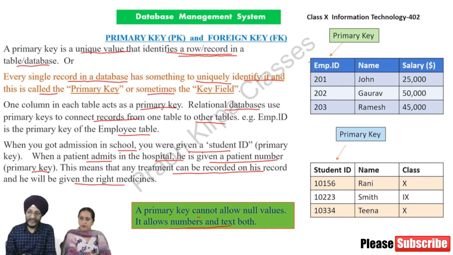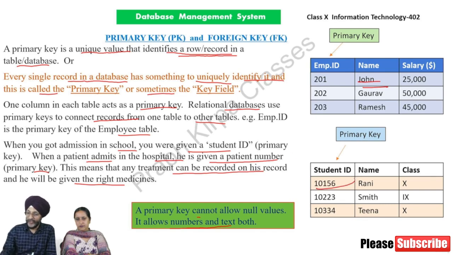In case we want to identify which student has not paid the fees, suppose there are three Johns in a school, and if we point out that John has not paid the fees, it will be very difficult for us to identify from whom we are to get the fees. So in order to solve this problem,